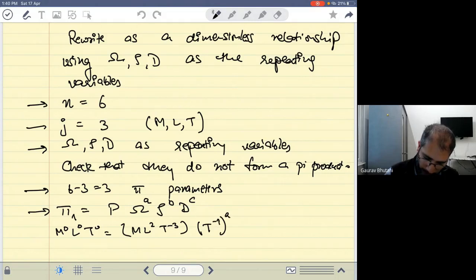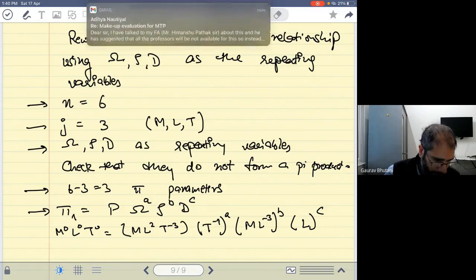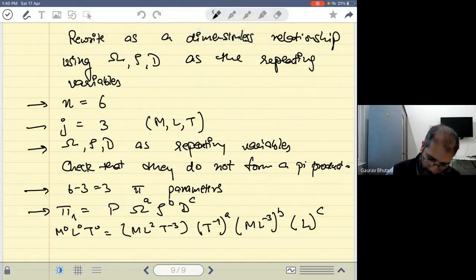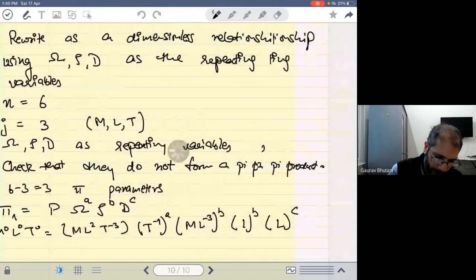So just 1 by t. Density is kg per meter cube, m l minus 3, and diameter is simply L. All right, so this is it, and using the same ideas that we have discussed, you can find your pi